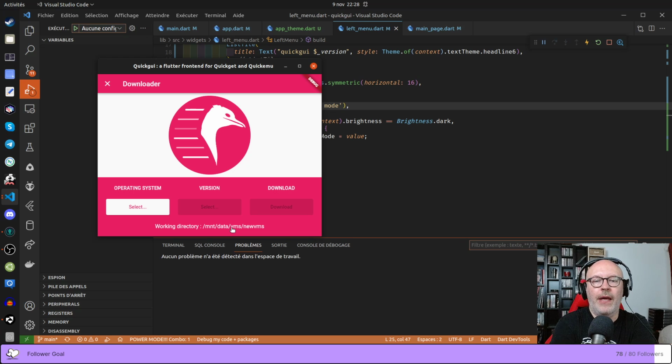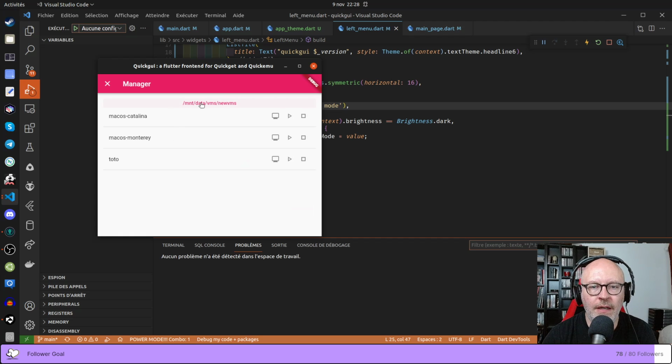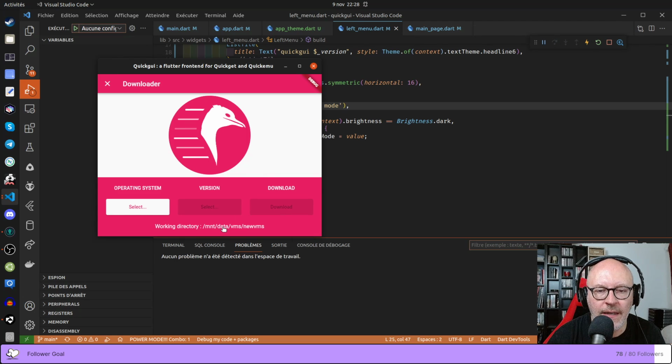How do I do that? Well, it says working directory, and then there's the thing, and if we go here, there's also the directory. So, how do we change that? Do we make that a text button? It is a text button. Do we change that to an elevated button? It might look a little bit weird, but let's see. I have a feeling it's gonna look weird, but